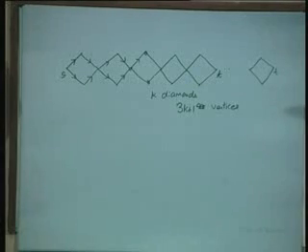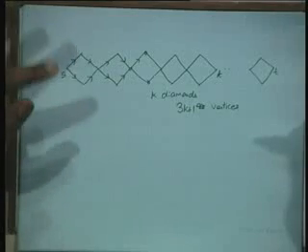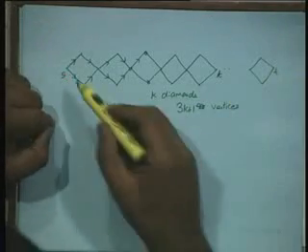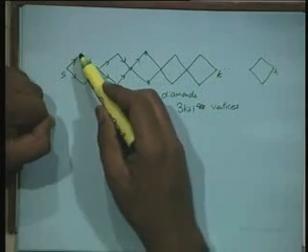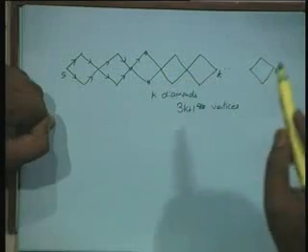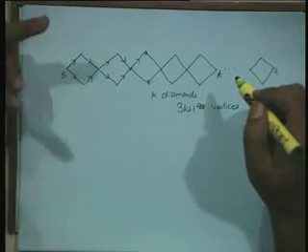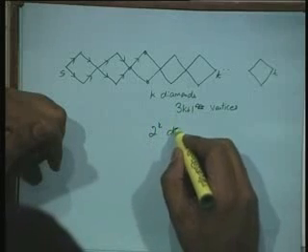How many paths are there between S and T? 2 to the k, yes. Why? Because for each diamond, I can either take the top part or the bottom part. So there are two options in each diamond. I can have one path which always takes the top part. One path that takes the first top, second bottom, third top, fourth bottom, and so on. So each diamond has two options, there are k diamonds, so 2 to the k different paths